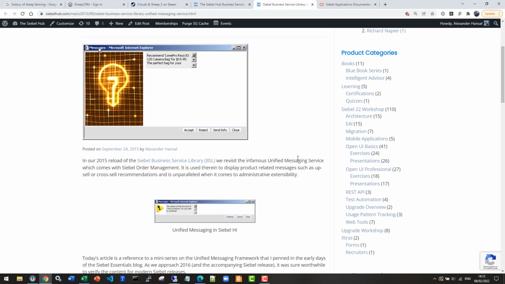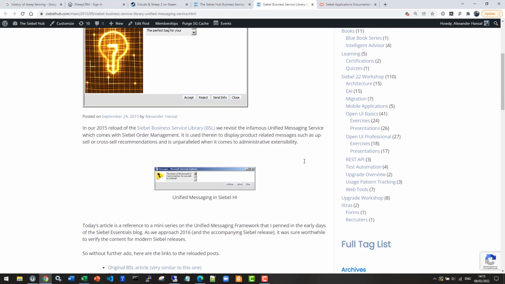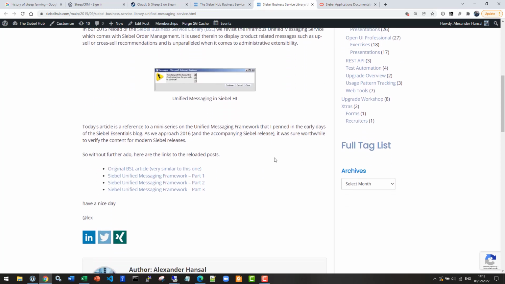So the framework allows administrators to define, let's call it, templates for messages with payloads, with replacement text, so to speak, and with actions, buttons that you can place on the dialog box. And those buttons would invoke, for example, a business service method. And all that without a single line of code. So it's actually a no-code along that we do today, but there will be a little bit of coding, as it's a business service, and you can call it from eScript. So the page here tells us that,